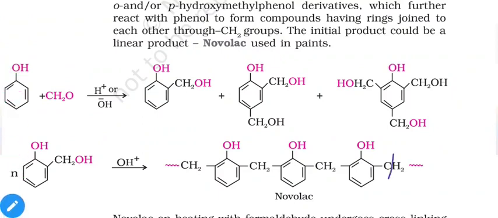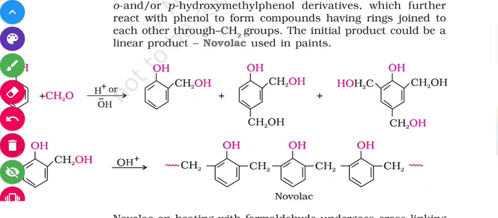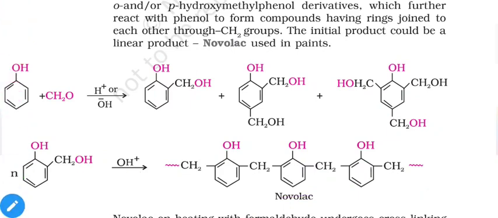So in this second step reaction, our molecule will again participate in the same type of reaction. So the first molecule will release the OH group, the second molecule will release the hydrogen present here. Okay, so a water molecule will be removed during this reaction, and you will get a straight chain of novolac. Let us discuss it in detail.